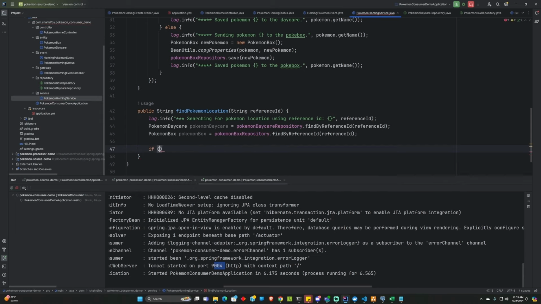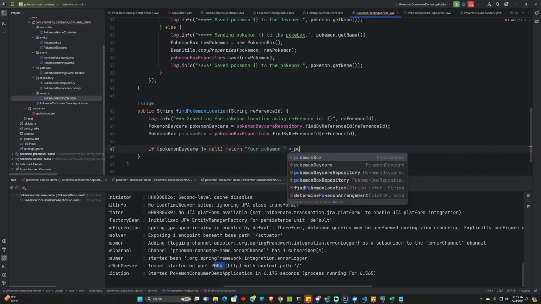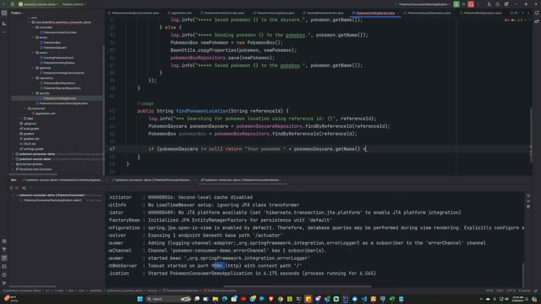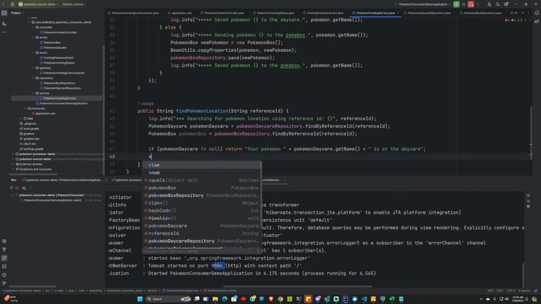So if Pokemon daycare does not equal null, then return your Pokemon plus Pokemon daycare dot getName is at the daycare. Okay. Else,